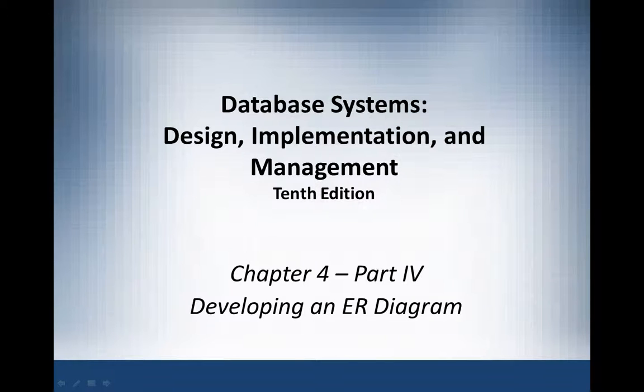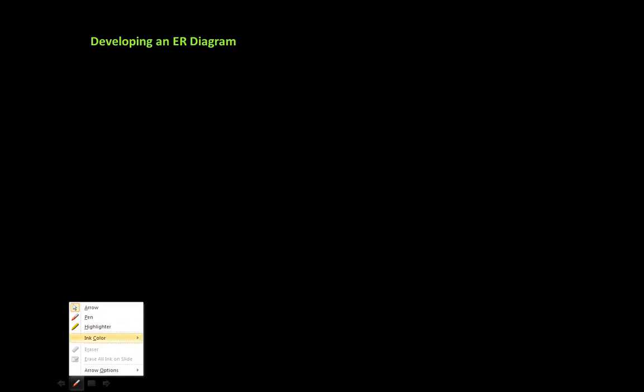In the final part of Chapter 4, we'll take a look at developing the ER diagram for our entire database. As we do that, we need to know the process involved in working on our design. And if we were to go back and review that process, we want to make sure that we included the following things. First of all, we'd want a description